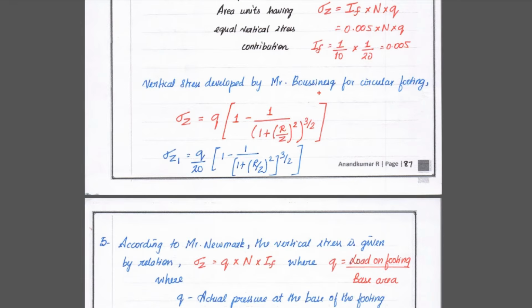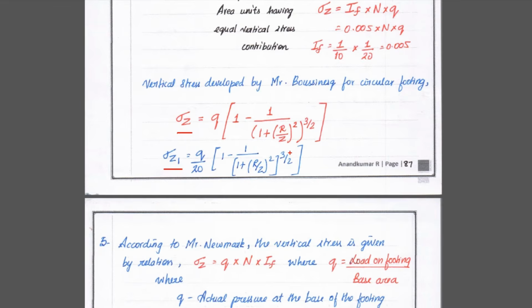The vertical stress is developed by Mr. Boussinesq's equation. We know sigma z is equal to q into 1 minus 1 by the quantity 1 plus r by z the whole square, the whole power 3 by 2. From that, we can divide the circle into 20 parts. So q divided by 20 into 1 minus 1 divided by 1 plus r by z the whole square into whole power 3 by 2. According to Newmark's influence chart, the formula is sigma z equal to q into n